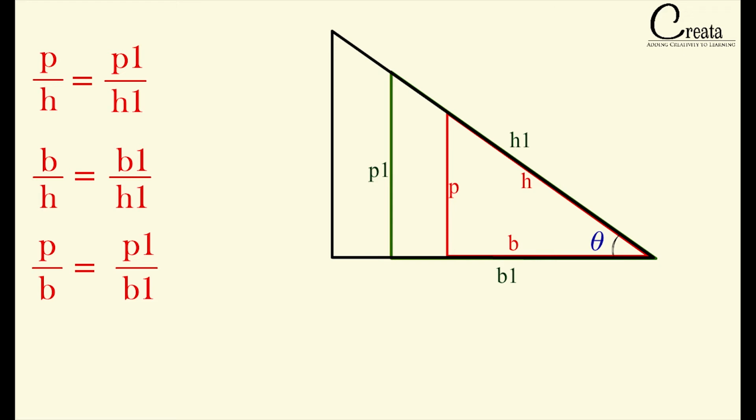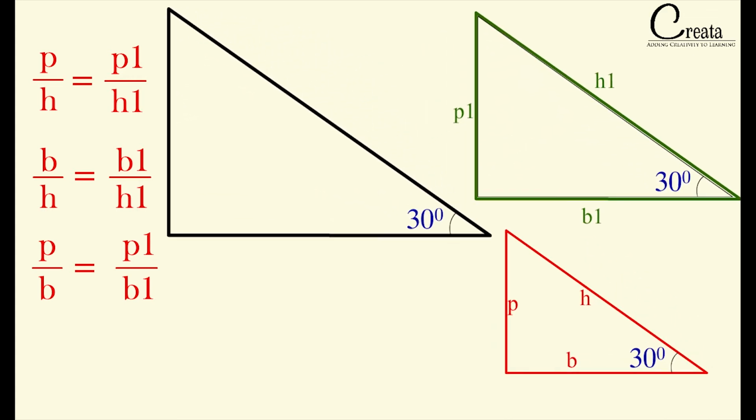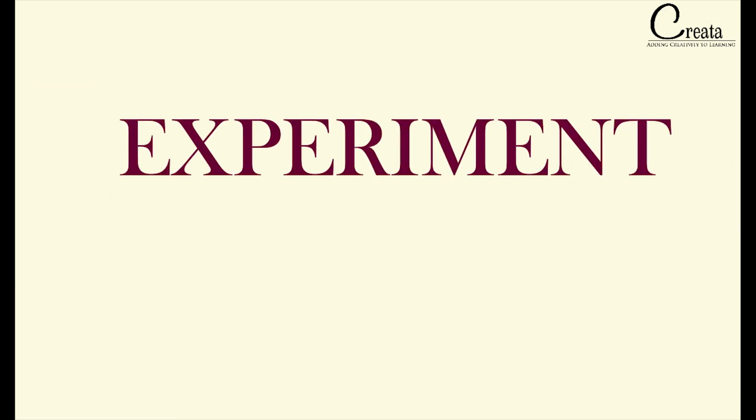For further understanding of the topic and further clarity, let's do a small experiment. You can self-calculate the ratio of sides of any random right angle triangles of different sizes, but the angle theta should be the same. For the experiment, let's take angle theta as 30 degrees. We will draw three right angle triangles of different dimensions but with the same angle of 30 degrees. You can also try this in your notebook. Things you will need are a scale and a protractor.